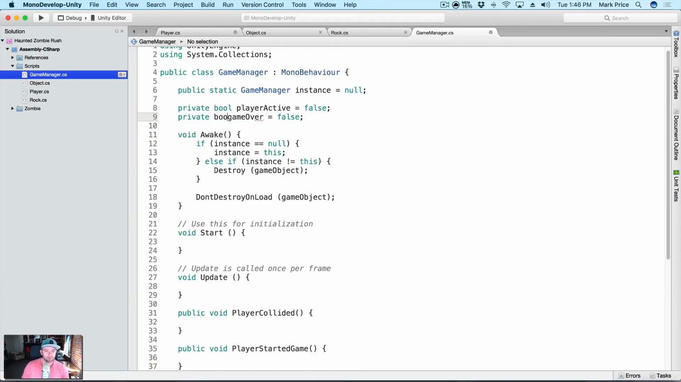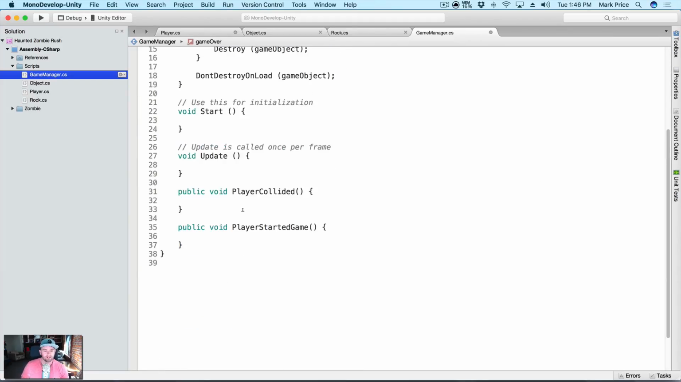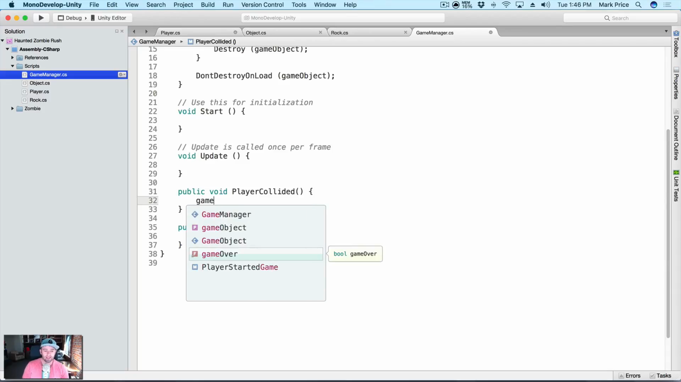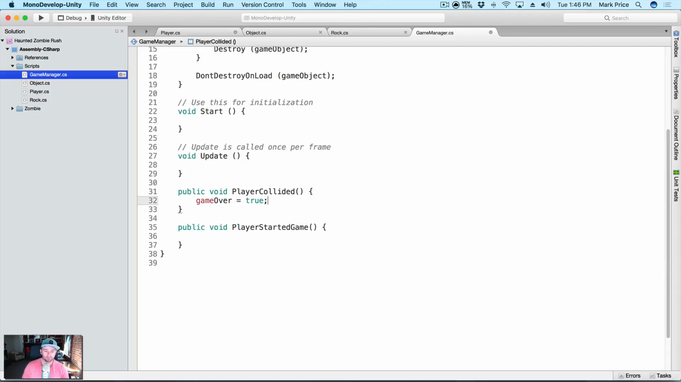Private bool game over. Okay. So if the player did collide, now we could say game over equals true. Okay. Now, in the future, let's say that this logic changed. Maybe we have to make sure there's a certain score. Maybe we have to make sure that this event and that event hasn't happened, and we can add to this